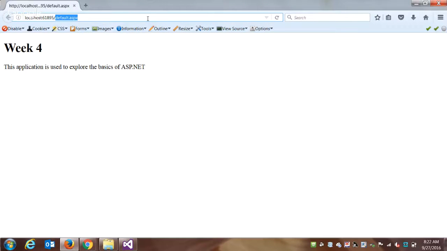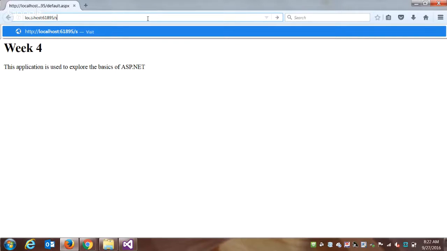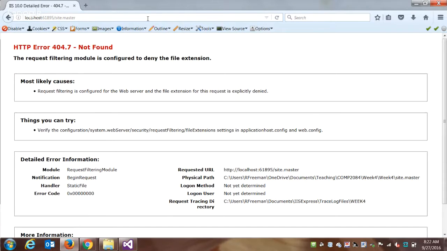So now I'm going to try to load site.master. One of the nice things that you'll find about working on a Windows server as opposed to when we're working with PHP is things are not case sensitive. So your file names, your folder names, it doesn't matter whether you type them in upper or lowercase or mix them. It just transfers everything to the same case. So when I try and load this,